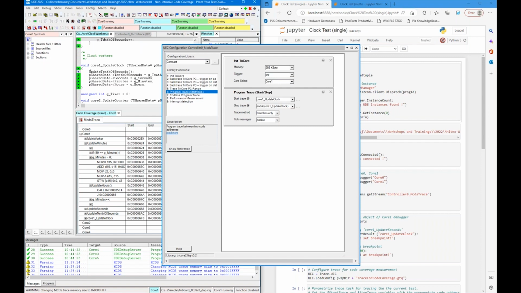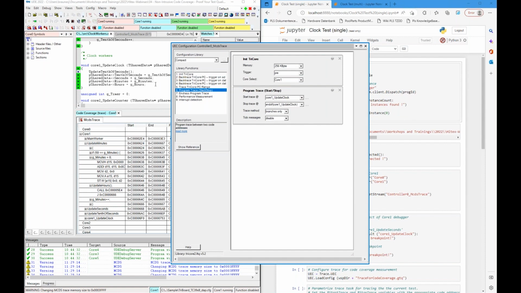And after we hit the breakpoint, we want to inject a test vector or a test case. And because of this breakpoint, we do not need a starting point for trace, but we need a stopping point for trace. So I changed the trace configuration a little bit so that we stop at the stopping point here,